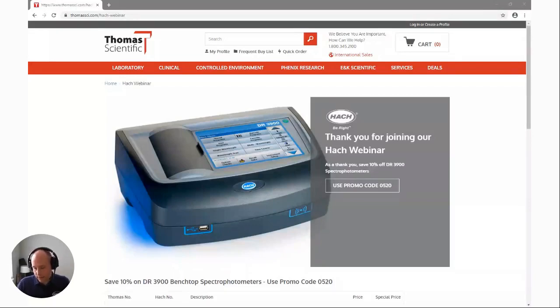Hach actually offers a recycling program for the COD vials. Those do still contain mercury, chrome, silver, and sulfuric acid. They're actually pretty nasty, but that's the test. It's a method-defined parameter, so there's no getting around those specific reaction conditions. We've minimized the volume, but we offer a recycling program where we can send you a bucket, you fill it up and send it back, and we recycle those.